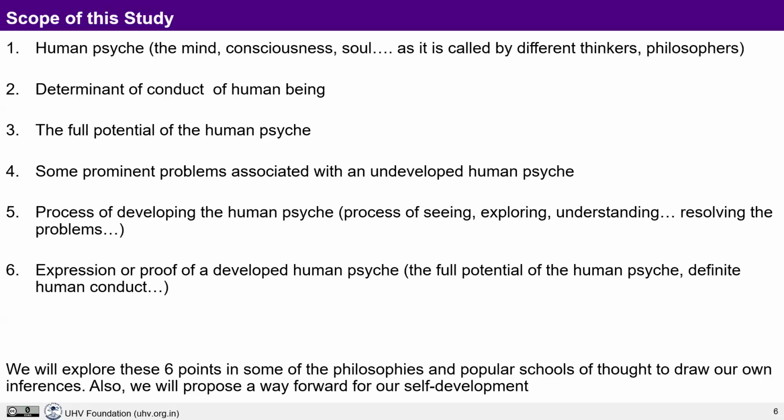So we'll explore these 6 points in some of the philosophies and popular schools of thought. It may appear to you that some more schools have been there, some more thoughts have been there, and you'll see that there are various offshoots. Some psychologists might propose something, and then some people start working on those lines and then come up with some new ideas, new mechanisms, new theories, new perspectives. That is quite possible. So it's not our goal here to bring everything on this platform and let you have a look at it. So we'll talk about the major perspectives and the schools of psychology that will initiate the process of exploration in you.